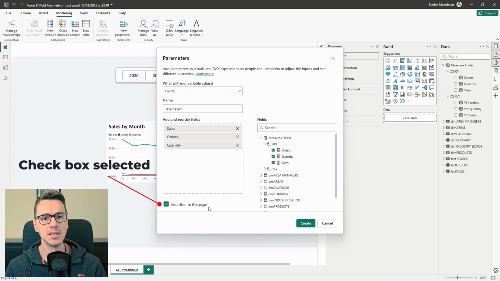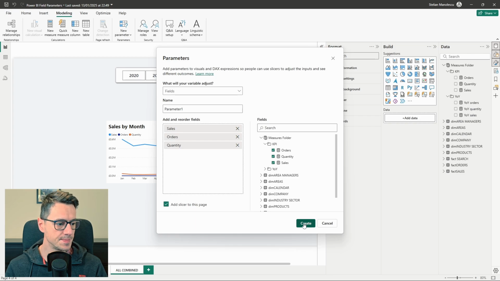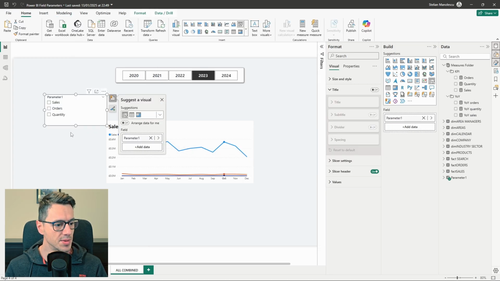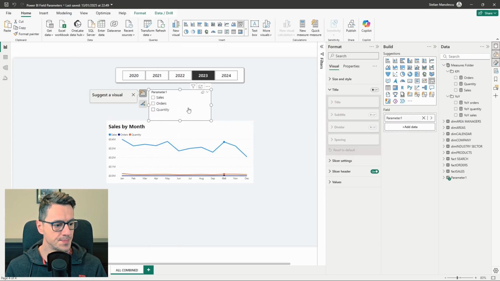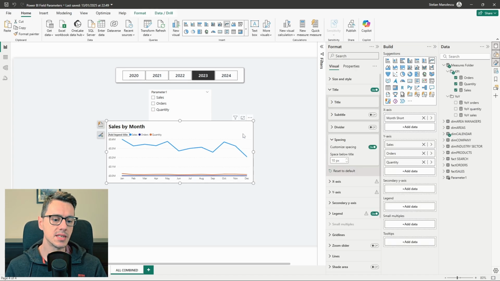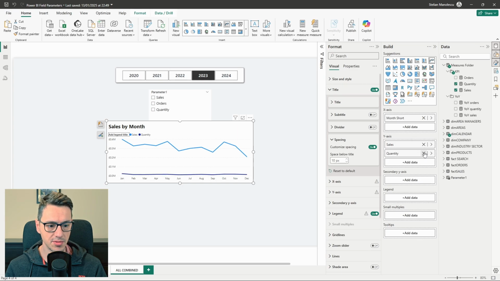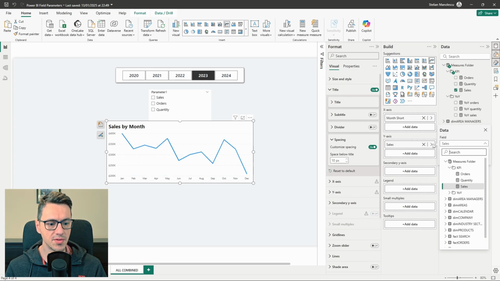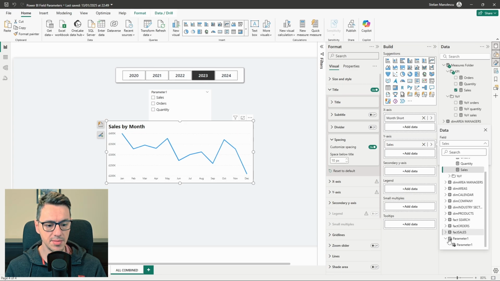Make sure you add a slicer to the page and hit create. Let me move the slicer in the center. Now, of course, instead of using the measures, sales, orders, quantity, you only need to use the parameter 1. So let's remove quantity and order, and then instead of sales, we will select the parameter from the parameter 1